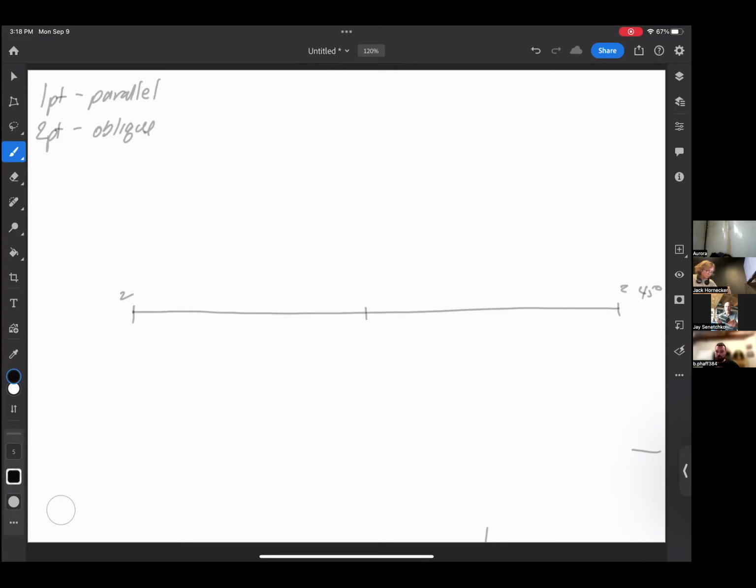Oblique perspective is anything other than parallel. So I can have parallel like this, I can have parallel like that. And then I've got a potentially infinite array of oblique perspectives in between those two parallel points. The 2 points at either end of that vanishing point imply a 45-degree angle. Again, because this is a system that we made up and that's the way that it works. Obviously, there are angles in between 45 degrees and parallel. We're going to go over those in a couple of classes. You don't need to worry about them for right now.